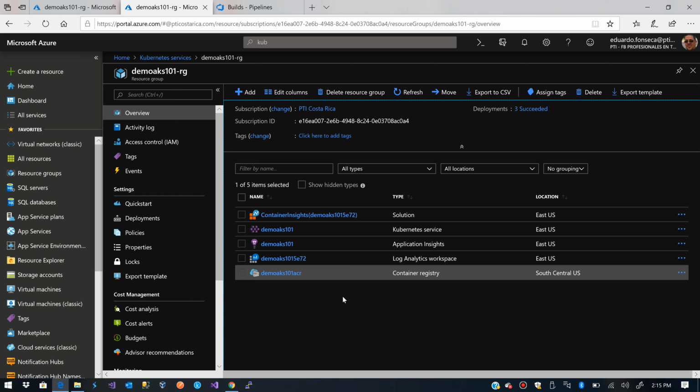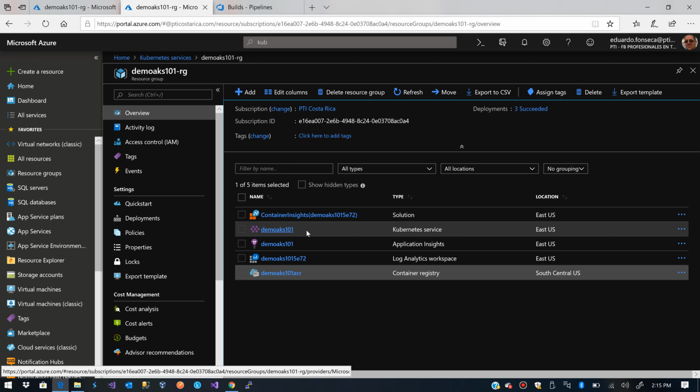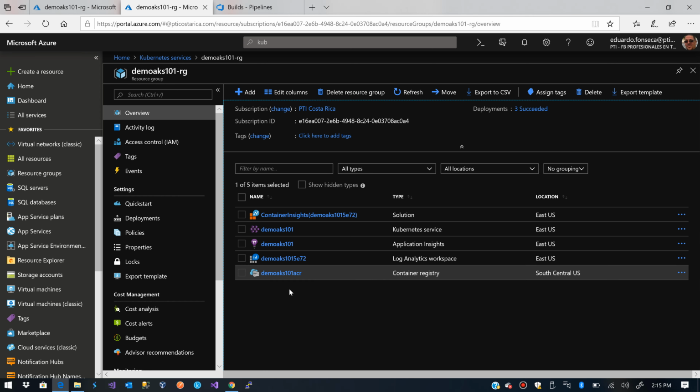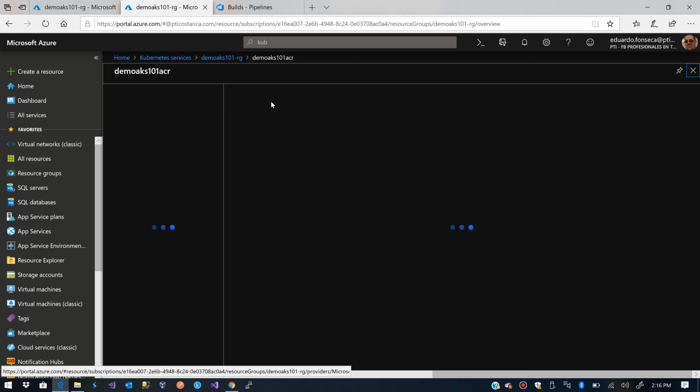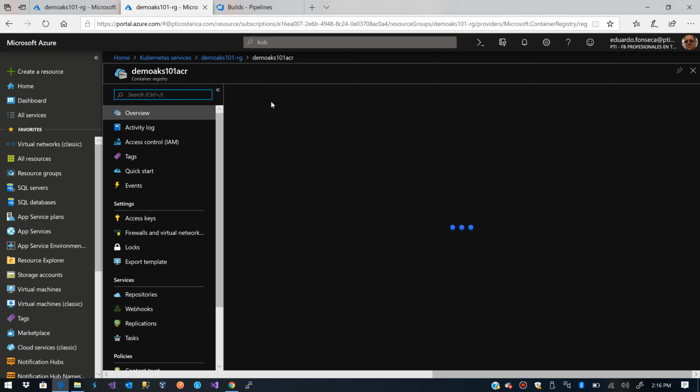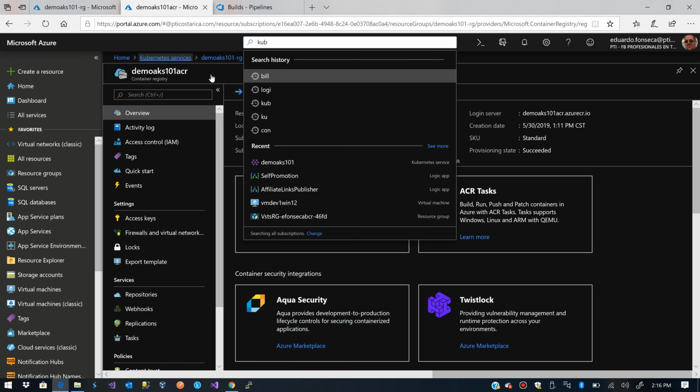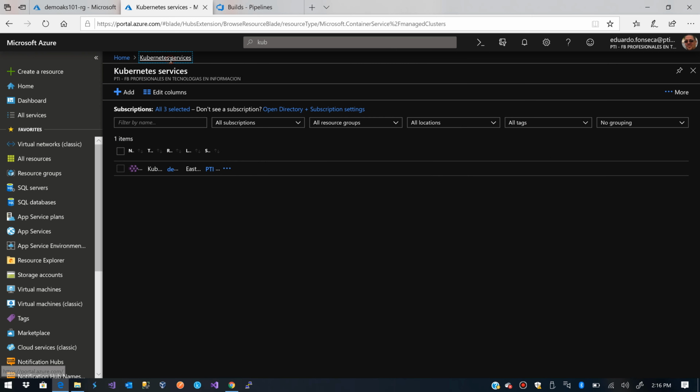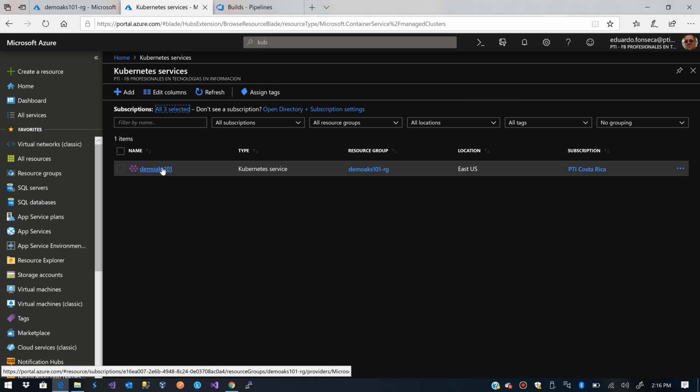Okay, so when everything has been created and deployed, you will find that we have this container registry. Then, sorry, in the Kubernetes services, we will see that we have this service already, the cluster already